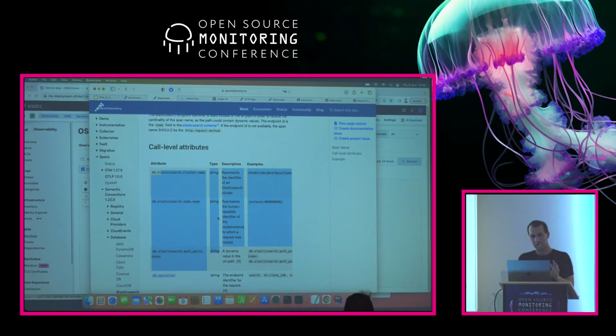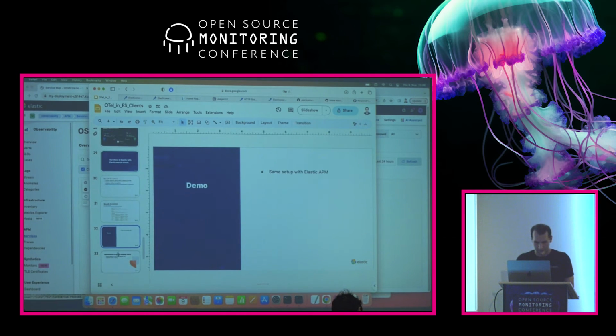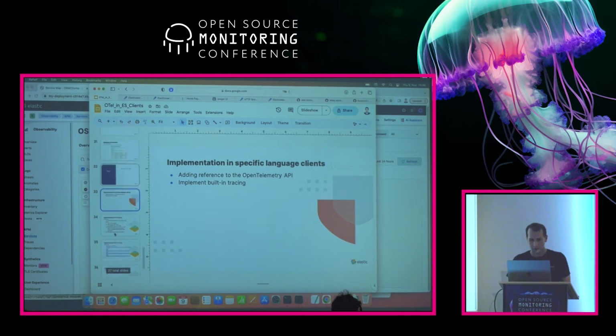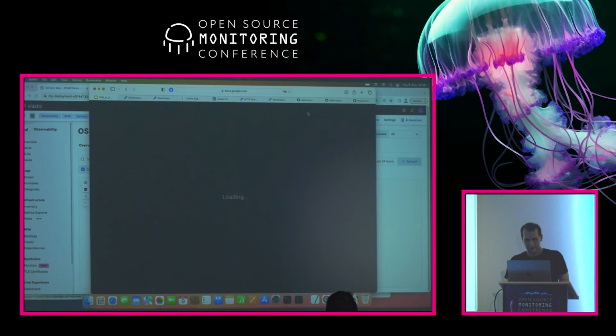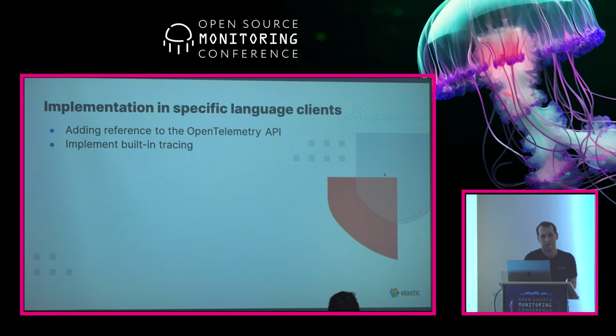So we have the built-in instrumentation in the Elasticsearch clients. If some other vendor wants to have nice icons based on this, they can do it as well. So there is nothing proprietary here. That's about the demo. And then obviously once we had the semantic convention specification, we have Elasticsearch clients in many